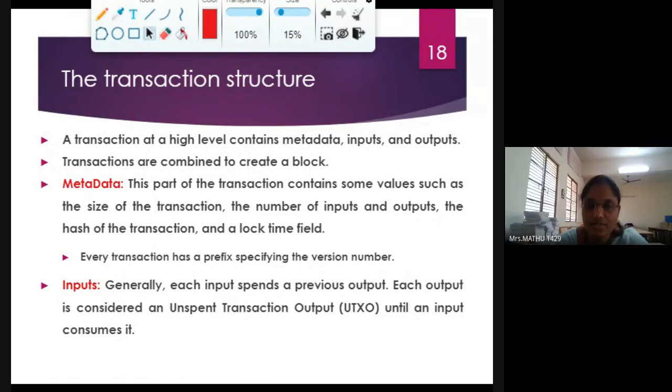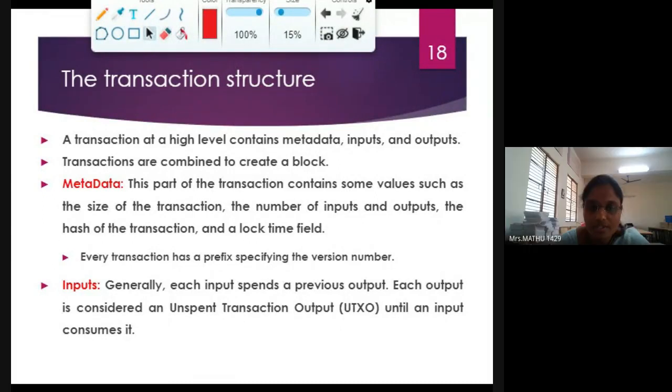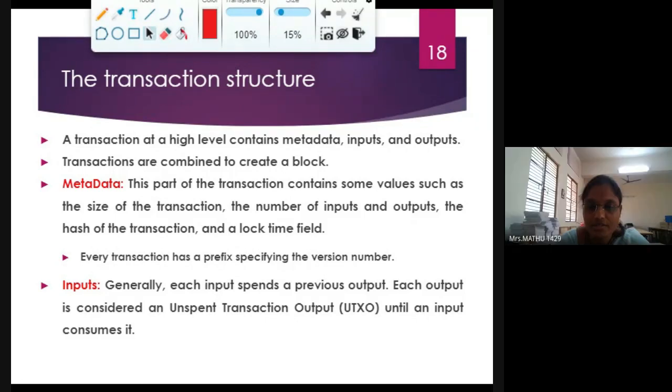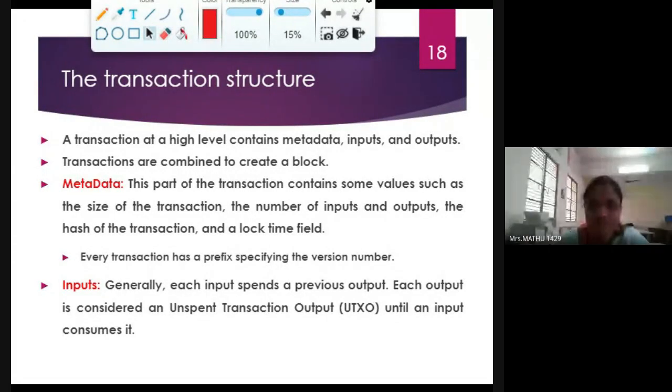Lewis Kishore, present. Sai Srijan, present. Harish Abhishek, Harish, Sriram, present, ma'am. Okay, the absentees are